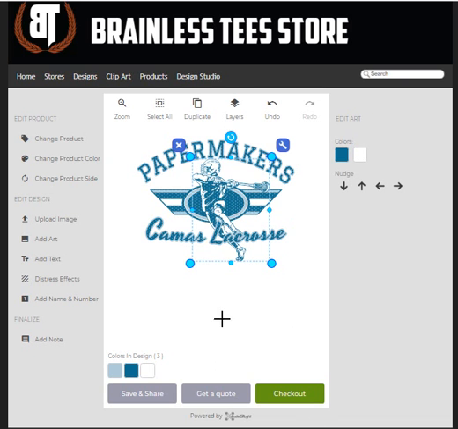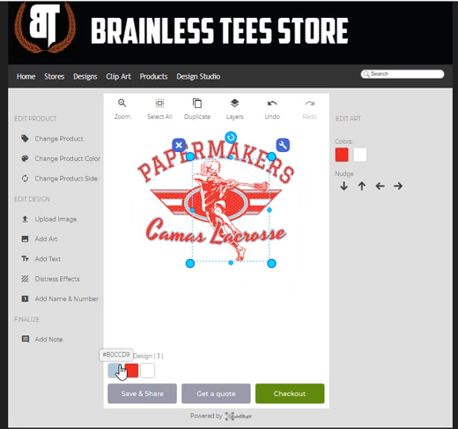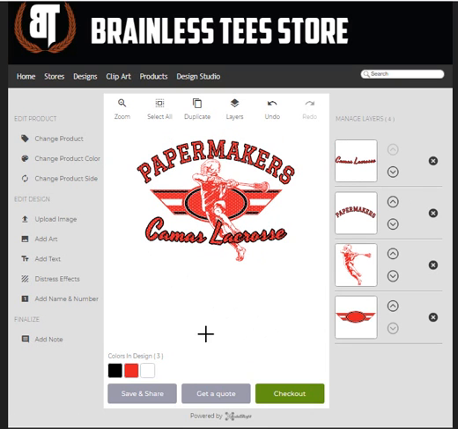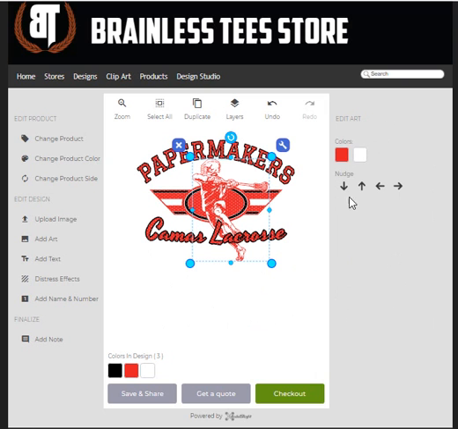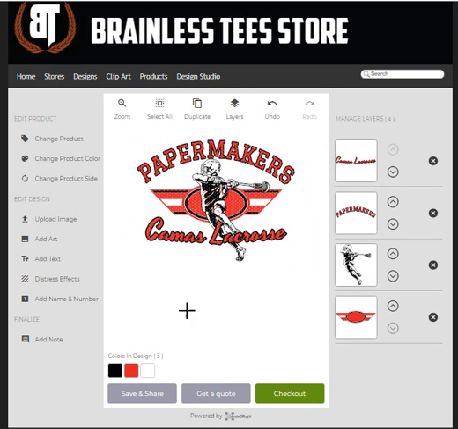Okay, now these are not the right colors for the school, so let's switch this over to the red and we'll turn this into black. And I think we got a much better design here. The athlete here, I think I may want to switch that over to black. And then I think we're cooking. So that is a real quick